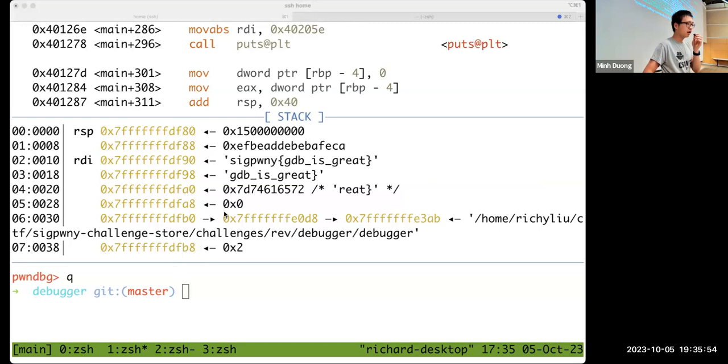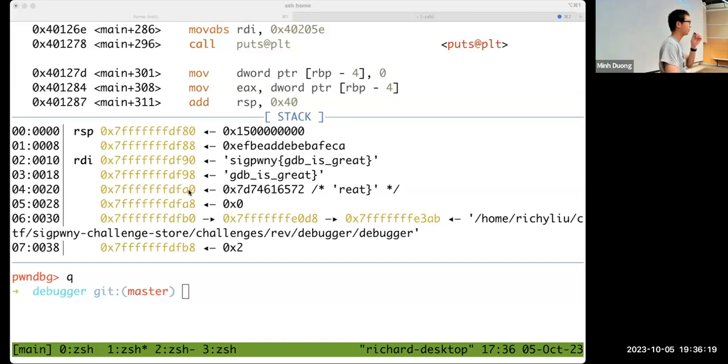The ones that I've used today are the first one, b main. For a lot of these commands, you can just type the first character and it's the same as typing the whole thing. Instead of typing break, you can type b. Instead of typing run, you can type r. I'll let you take a look at this at your own leisure. These slides are on the website. You can access them there.